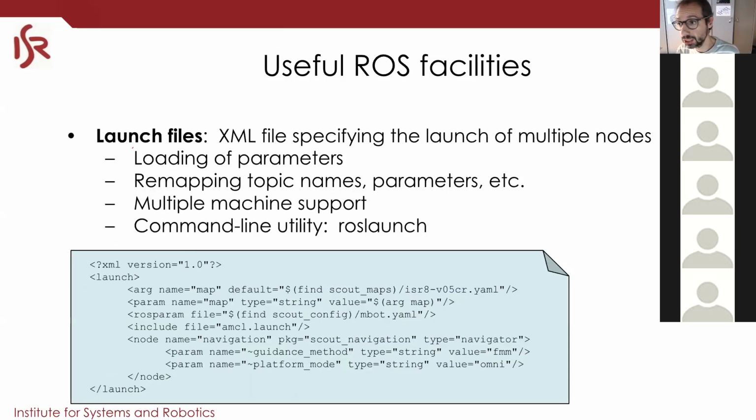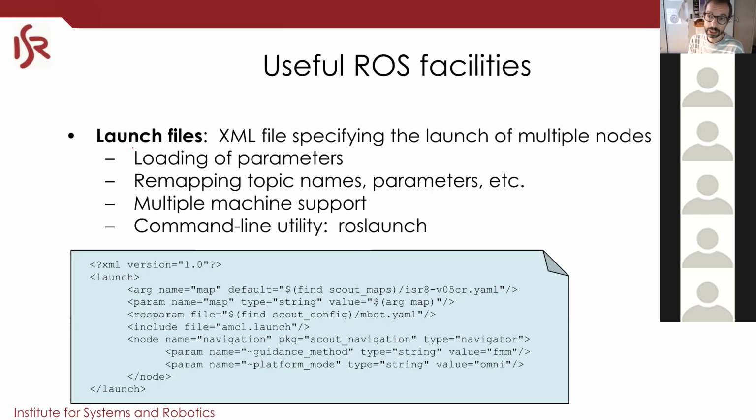Okay, moving on, another very useful facility is the launch files. As João said, you have tens of nodes running in typical robots. So for the VZ robot here from ISR, it does not make any sense to launch them one by one. So how do you launch all of those? You don't use scripts, you use ROS launch. ROS launch is a facility that allows you to launch multiple nodes in an organized way. Launch files are files in XML. These files define the nodes that you need to launch, and then you just need to do ROS launch, name of the launch file, and it creates all of those nodes automatically for you.